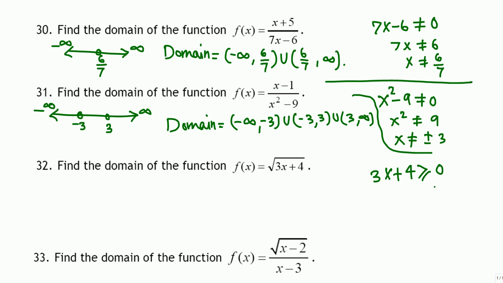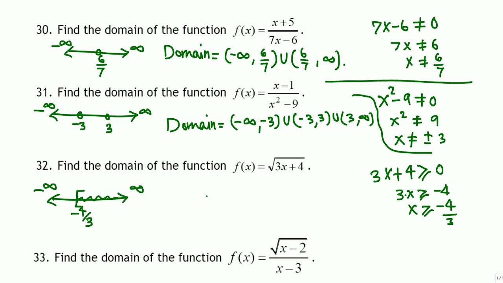Solve for x: subtract 4 from both sides, divide by 3. So x should be greater than or equal to negative 4/3. So negative 4/3 is somewhere here, and greater means on the right, including negative 4/3. So the domain is all reals greater than or equal to negative 4/3. In interval notation, negative 4/3 and bigger, all the way to infinity. Okay,